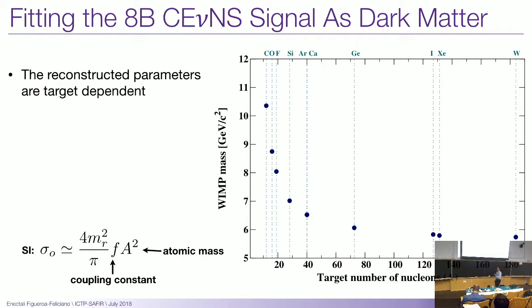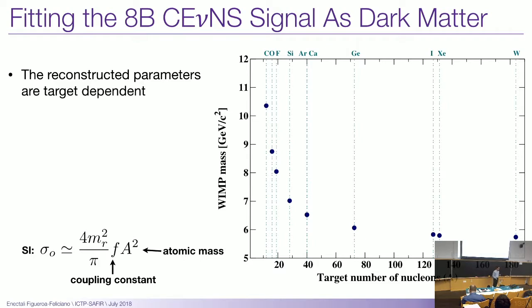So this is one way I could see that this was not dark matter, if I didn't know that solar neutrinos existed and I was seeing the signal. I would take my target and reconstruct what I thought that dark matter particle was, and depending on the atom in my target, I would get a different mass for that, and a different cross-section as well, for that reconstructed